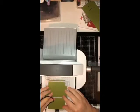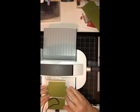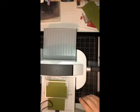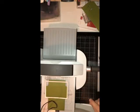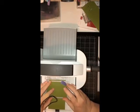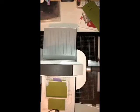Okay, so what I'm going to do is, I know you can see this is covering these side parts that I don't want to cut. And to make this work just a little smoother, okay, this is great. I'm looking for my purple tape. I don't see my purple tape. What do you want to bet that it's lost with my heavy-duty runner? My runner is still missing. I did look for it just a couple more minutes this evening, hoping I could find it, but no, I could not. Okay, so what I'm going to do is just use a little bit of this crafter's tape to hold it right there,